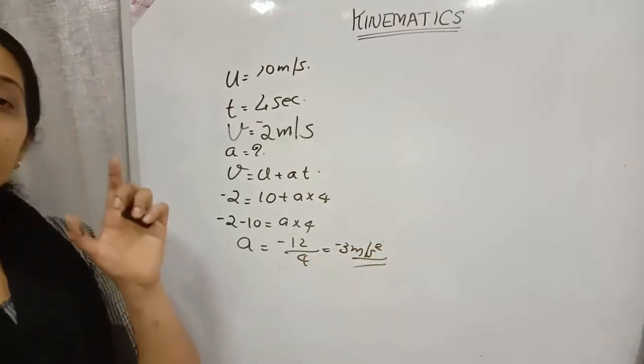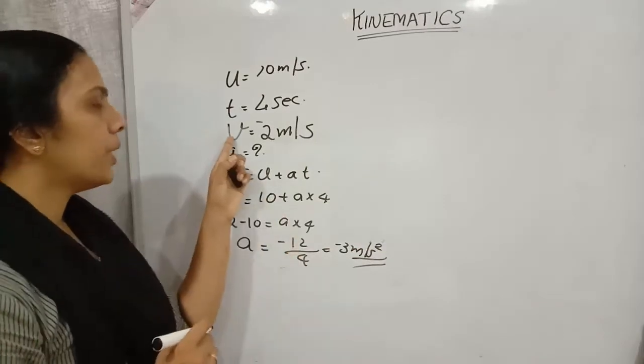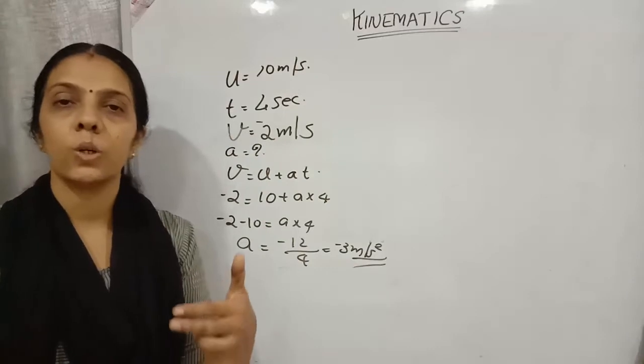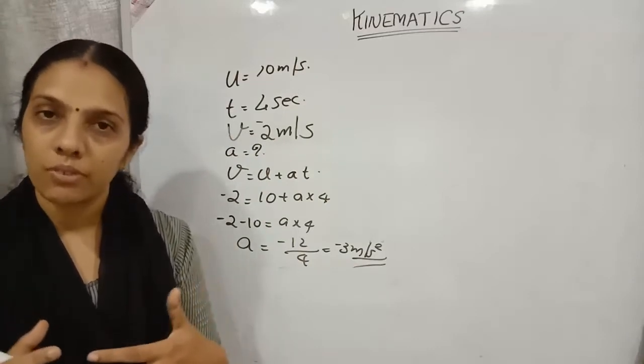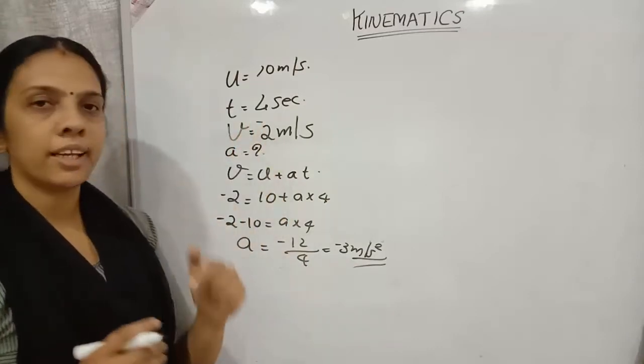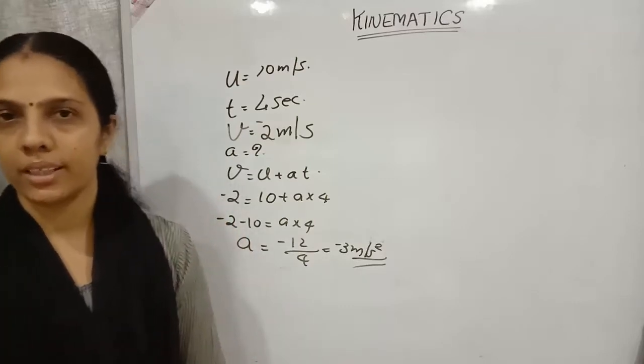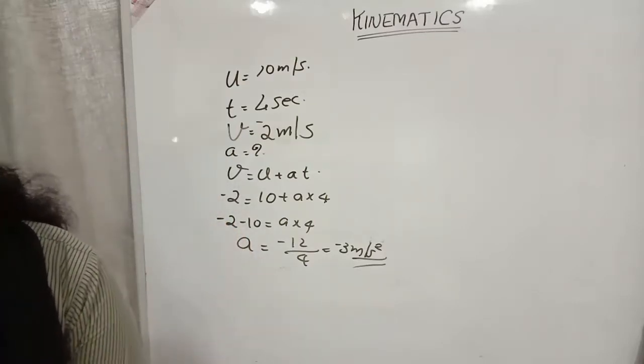Here, the thing you need to remember is that the final velocity is acting in the opposite direction. Because of that opposite direction, we should put a negative sign. Remember that velocity is a vector quantity. Clear? So the next question is,